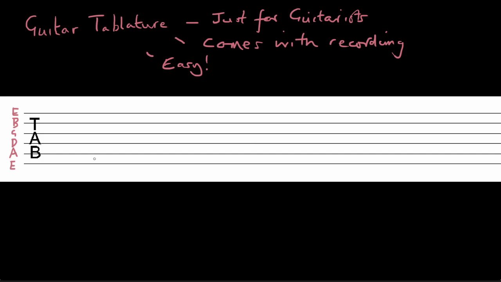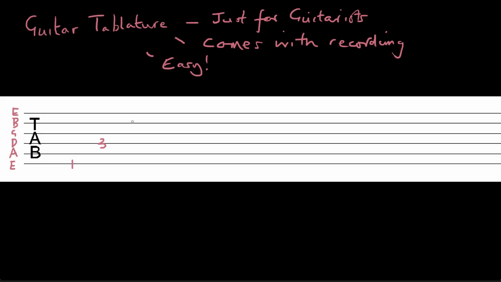And so the method for writing down which frets we should use is just standard numbers. That makes guitar tab very easy to learn, even for a complete beginner. And so we can start to write some music in here. Let's say we wanted someone to play the first fret on the lowest E string. Well, all we need to do is write a number 1 in here. And say we then wanted them to play a note that was the 3rd fret on the D string. We just write a 3 on that line.